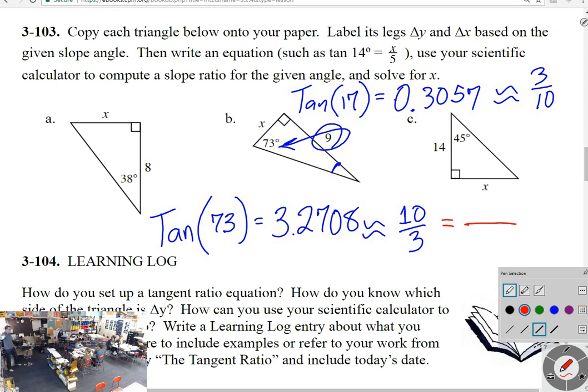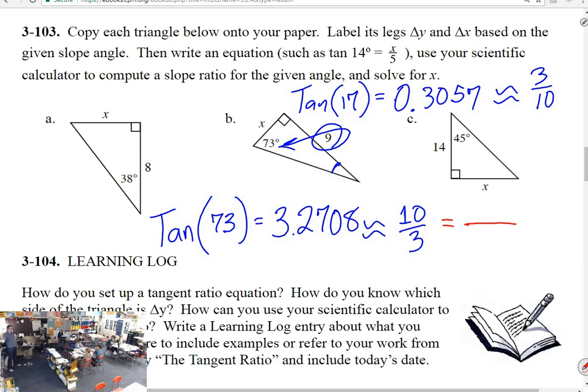But if the 9 relates to the bigger angle, won't it relate to the bigger part of the ratio? So the 9 would be on top, or over here on bottom. Now this is gross. 2.7. Right, like this either way. How can I solve a gross proportion? Calculate. No, well, yes, but wait. Cross multiply.